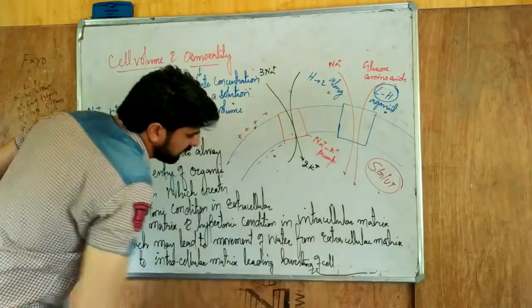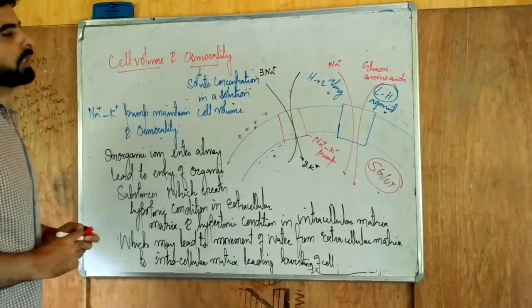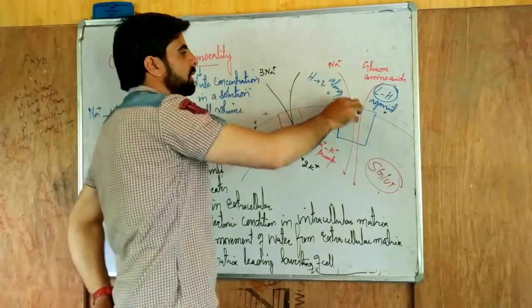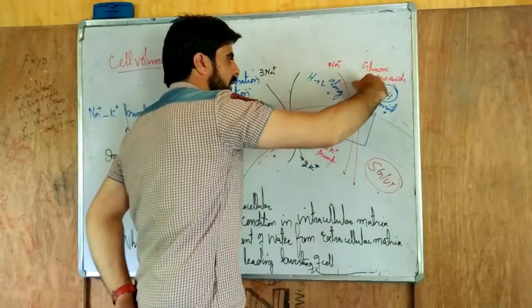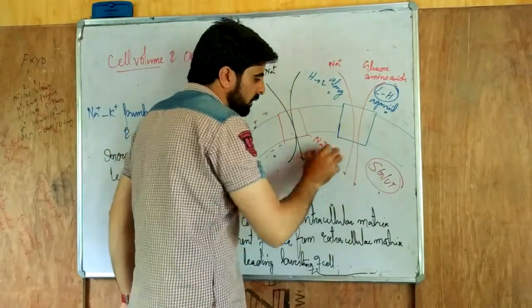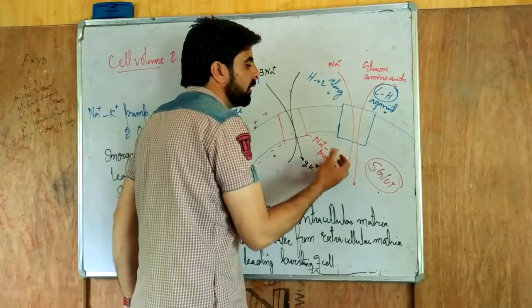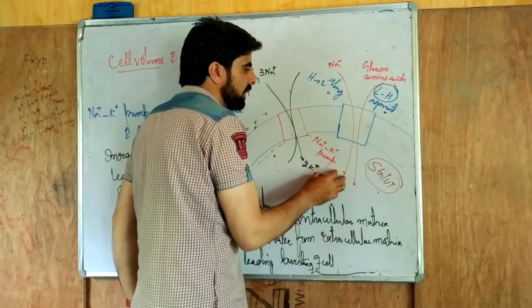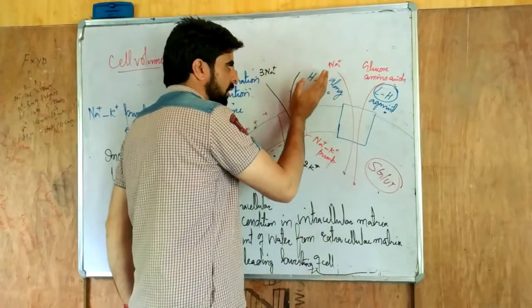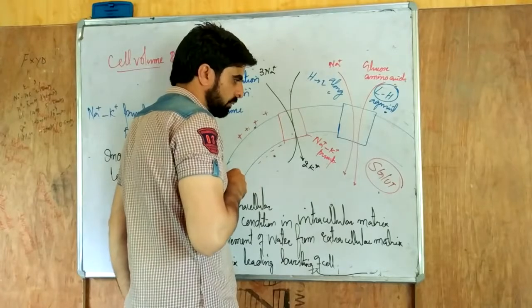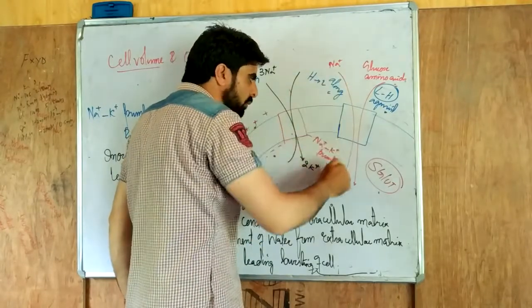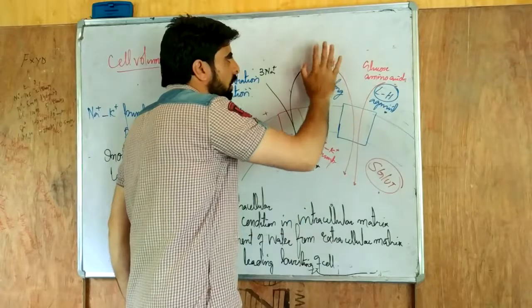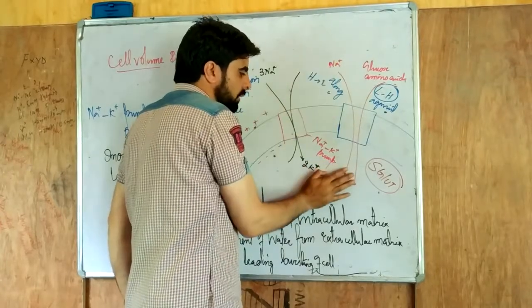So we can simply say, whenever you have to say about it, the sodium ions will move from higher concentration to lower concentration within the cell, taking with them the organic substances. Now the solute concentration in the cell may increase. It may create hypertonic condition within the cell, and the external environment may become hypotonic. If this condition happens, what will happen? The water will move from higher concentration to lower. It will move from extracellular matrix to intracellular matrix.